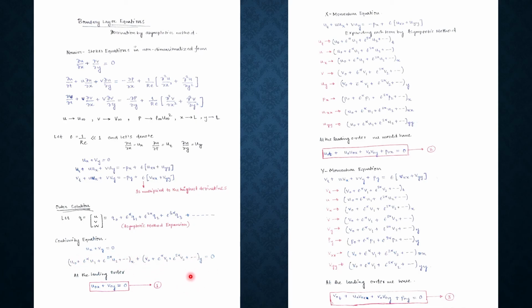with y. Now moving on to the x momentum equation, which is this one, and we substitute all the asymptotic expansions of the variables, differentiated with respect to the respective quantities t, x, y, and then we analyze the leading order terms for all of them, and we would get something like this. All the terms with the subscript 0 denote the leading order term, and similar analysis for the y momentum equation